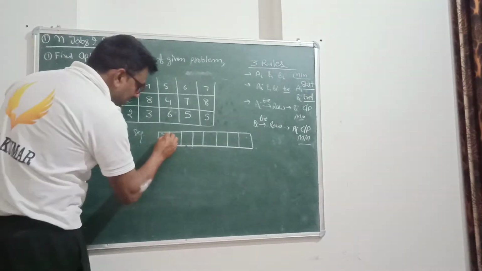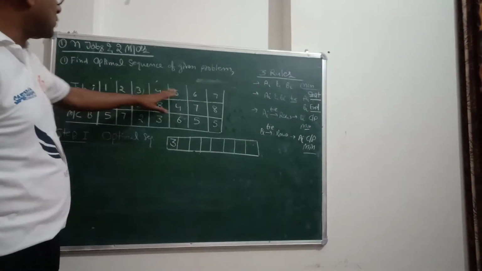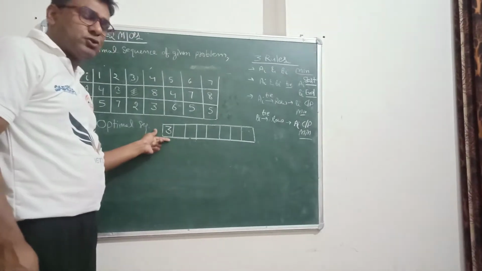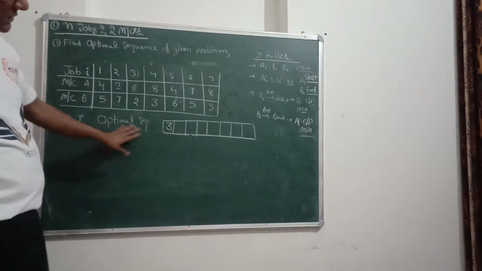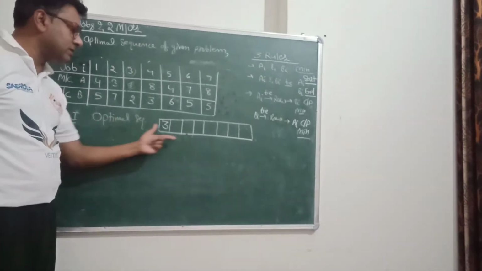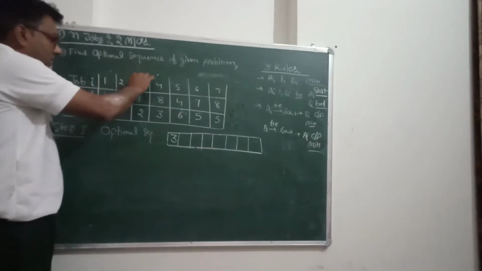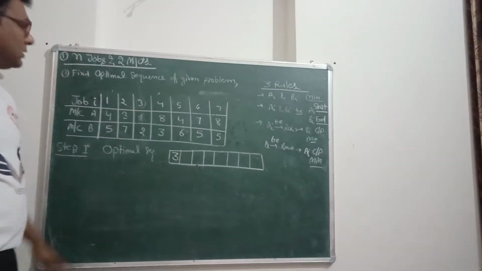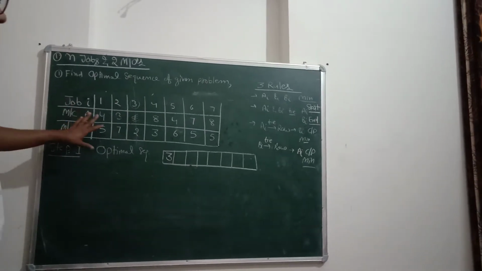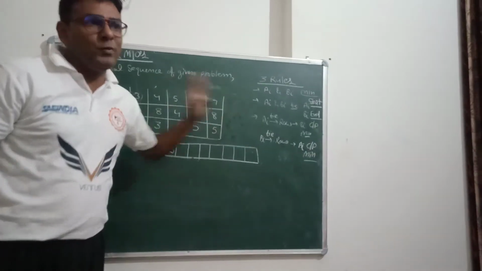So third, from the entire job numbers, we will choose the third job and will put this job into the first cell of the optimal sequencing row. Okay, now this job cannot be assigned further, so we have to cancel this entire column. Now again we have to move in the table and see which is the minimum value.